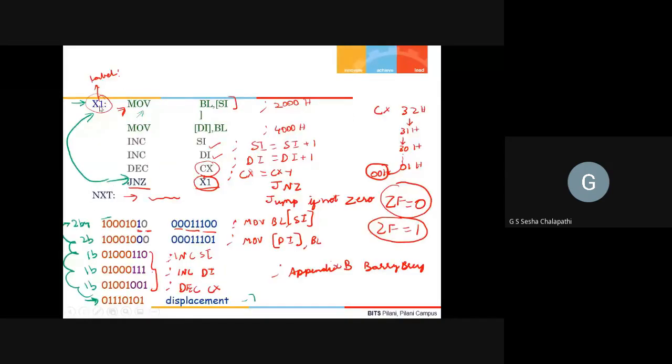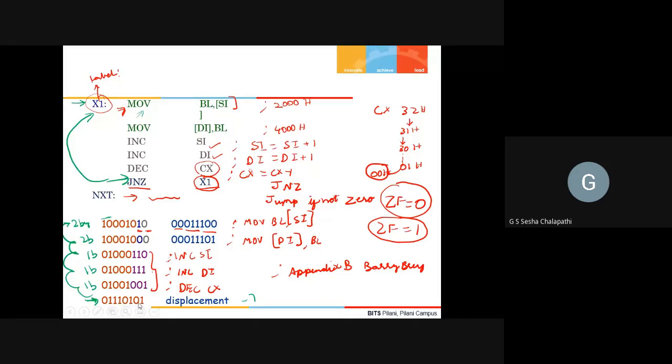Now if you look at the jump instruction, it is 0 1 1 1 0 1 0 1, that is 7 5, followed by the displacement.